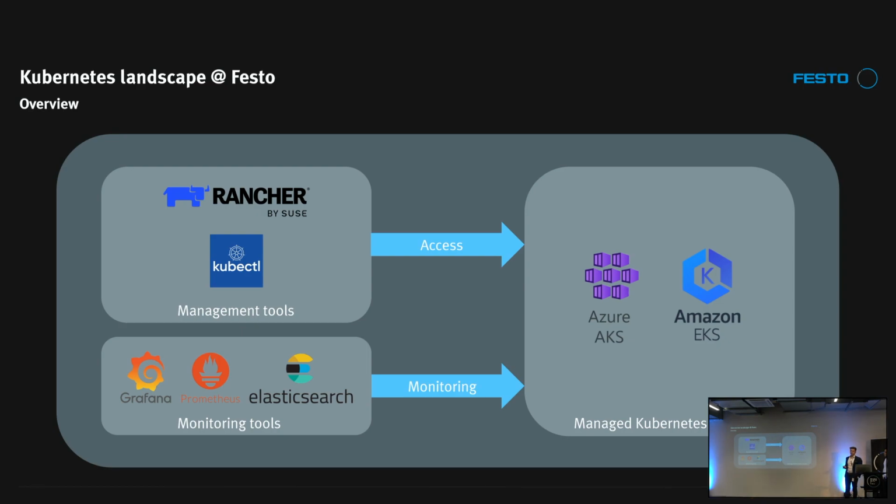So we are focusing here on 2 cloud providers. This is on the one hand Azure AKS, and then also AWS EKS. And we use the managed service of the cloud providers. They take care of the whole lifecycle management, the Kubernetes updates, and you do not have to take care of that here. And then now the question would be how you can access these clusters, or how can you control them.